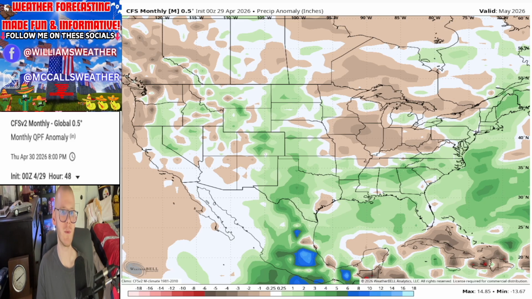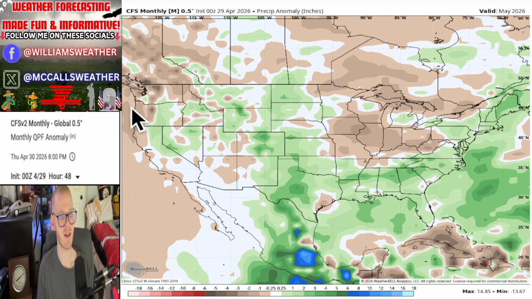I would also be in agreement with this, although I think I would be sort of in disagreement with the northwest part of the country, as I think it's going to be pretty dry out there. But we can see much of the country is heading into an above average pattern unless you live over here in the Ohio Valley region and west coast. Southeast, I would be in agreement with this as we are heading into rainy season.